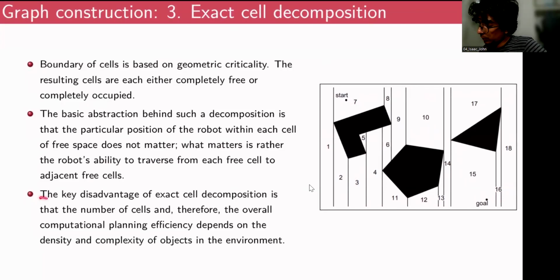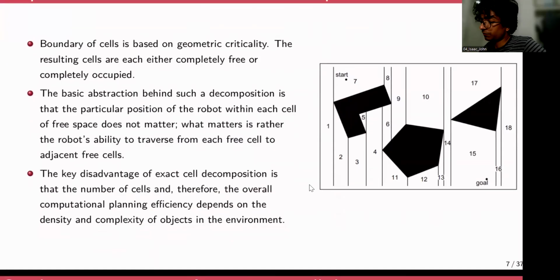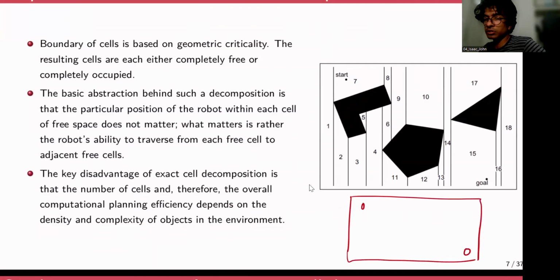The key disadvantage of exact cell decomposition is that the number of cells and the overall computational planning efficiency depend on the density and the complexity of the environment, right? So how we create these cells depends on the obstacles that we have in the environment, right? So if we have a very sparse environment like this, with a start position, a goal position, and only a single obstacle like this, you will have a very sparse